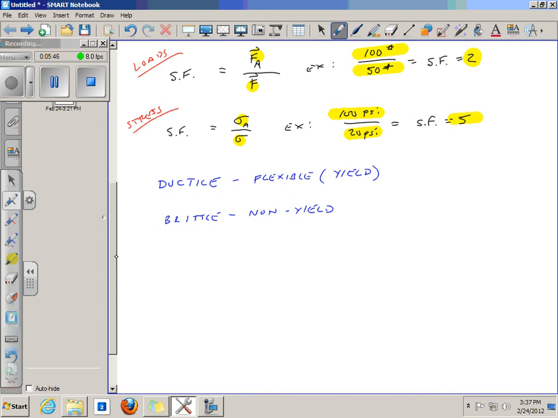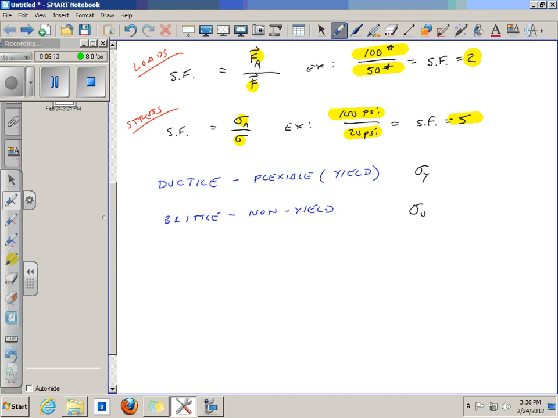So based on the type of material, ductile versus brittle, that determines what stress you use, because you've got what's called yield stress, sigma y, where the material stretches or bends and it's permanently deformed. It's never going back to the way it was. But you also have what's called the ultimate stress, sigma u,